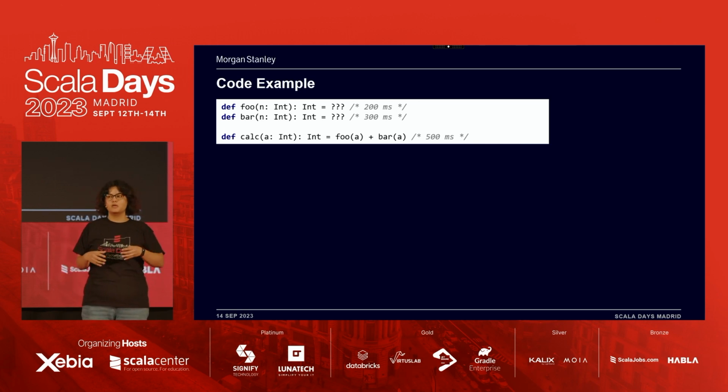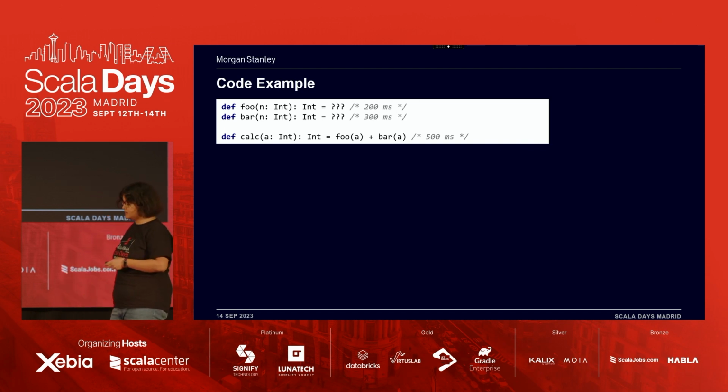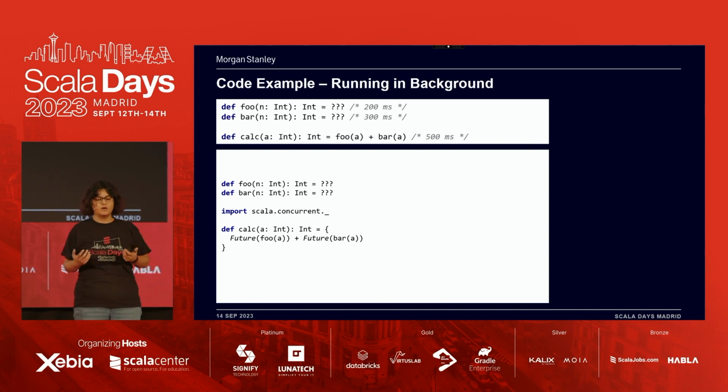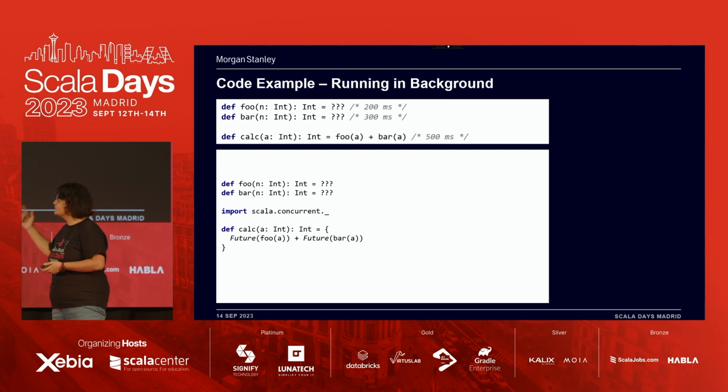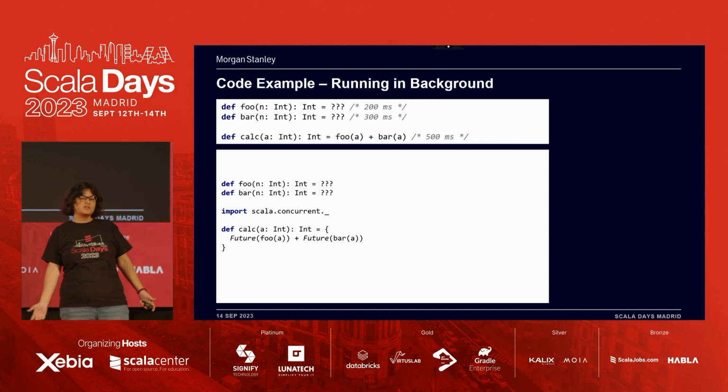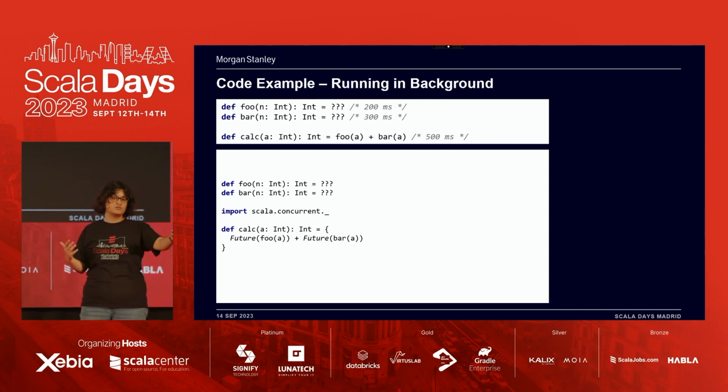We can pick several abstractions to do that, but I'm going to pick the one that is more familiar to me. Let's do that with futures. The first thing that we want to do is run them in background. And what I'm going to do is wrap my functions foo and bar into a future, right? Job done, right? Well, not really. Future doesn't really work that way. You need a for comprehension because you need to extract the values once they're ready and sum them together. So let's do that.